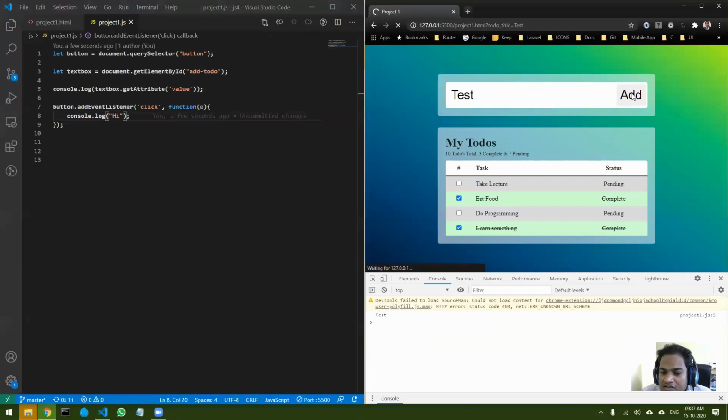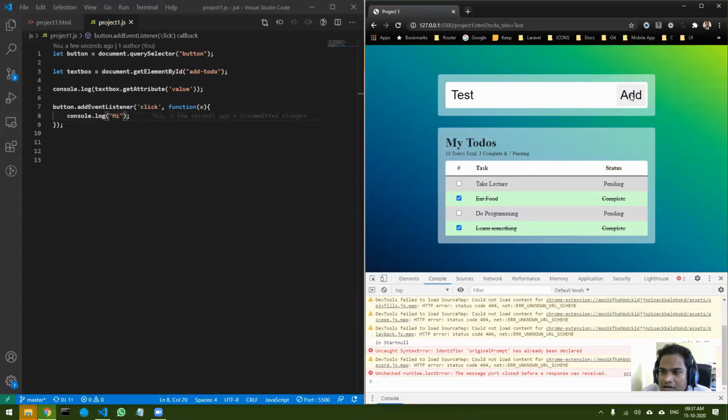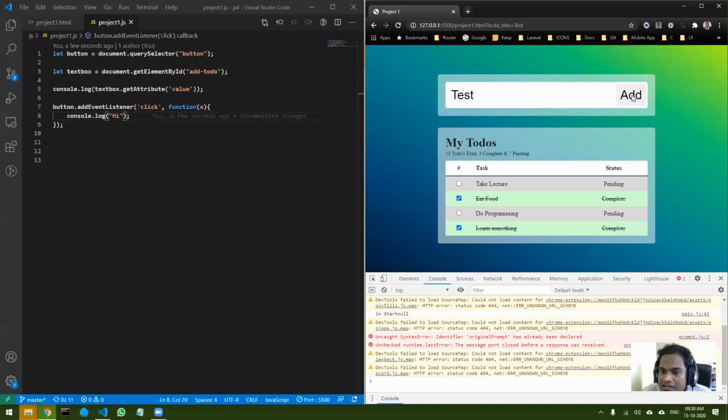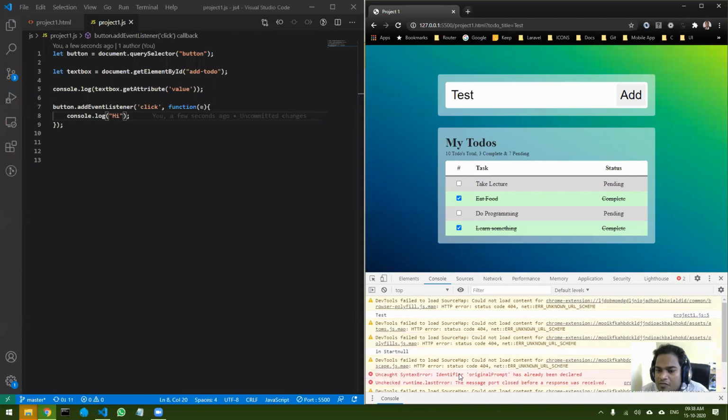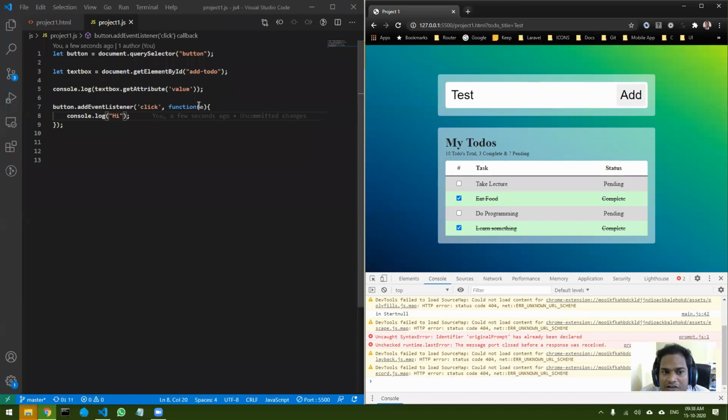If I click, you can see nothing actually happens. If I click, the entire form refreshes. Why? The form refreshes because that is the default behavior of this particular button.